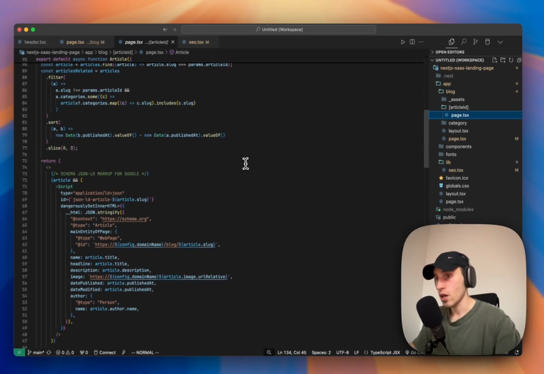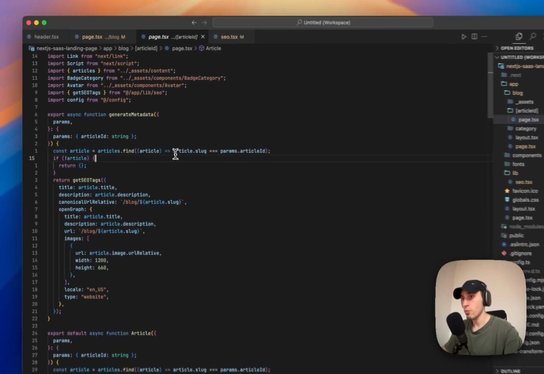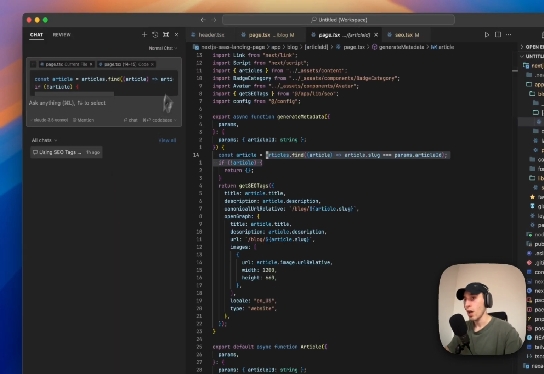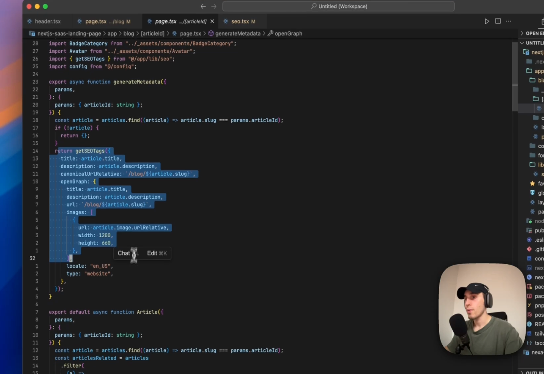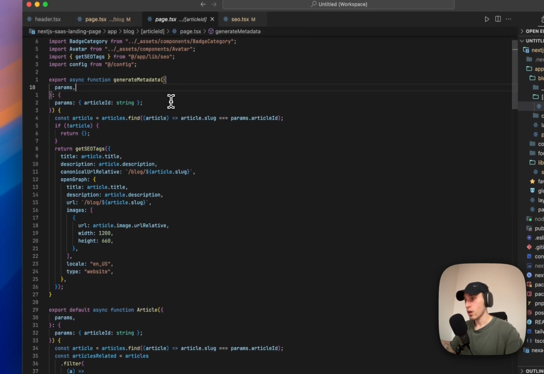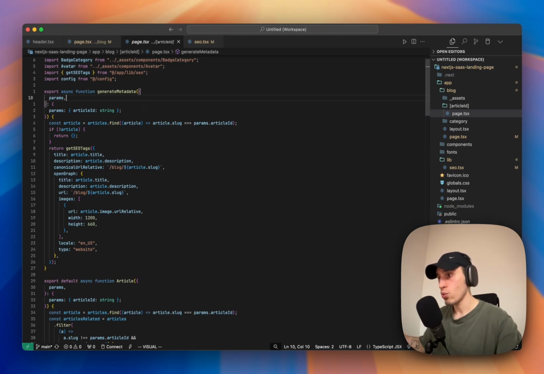Dynamic pages, let me see. So let's say you have the blog page where you imported some articles and you want to display these articles. So instead of exporting just a static metadata, Next provides you a way to do this dynamically. It's called generateMetadata. So you just export this